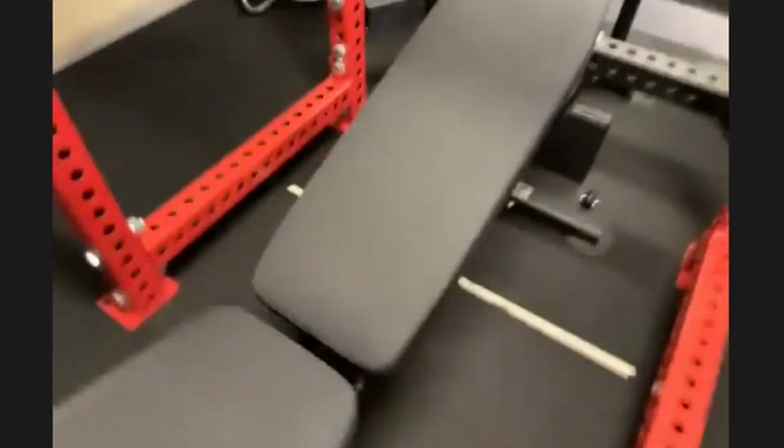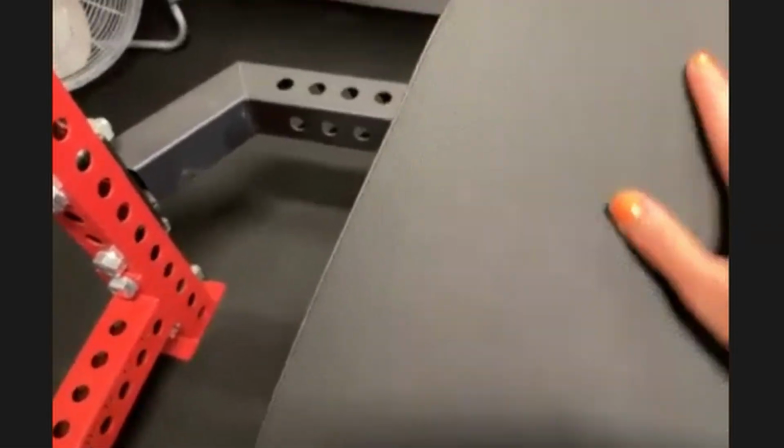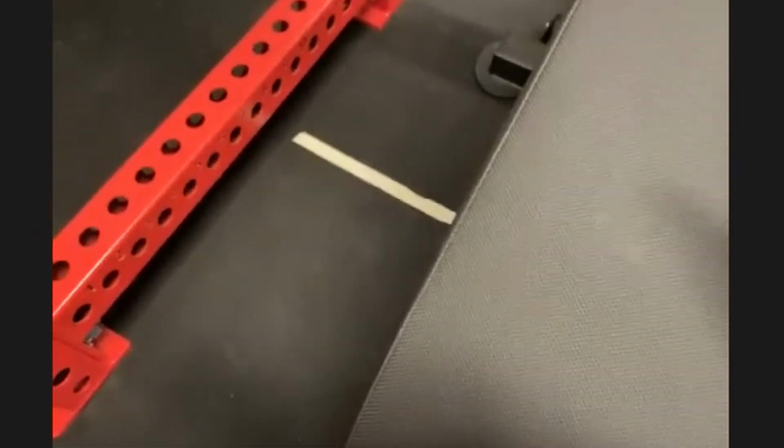You can see there's a little bit more texture here, still very grippy, but if you look here, there's